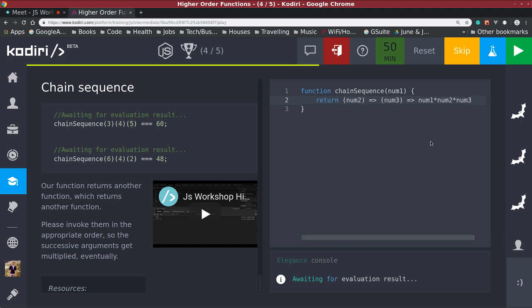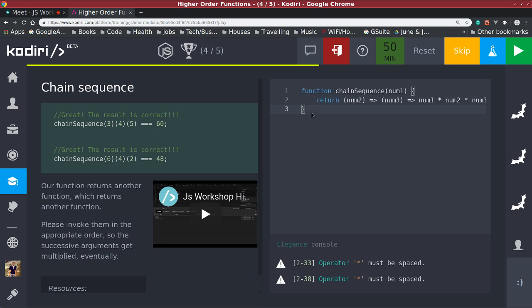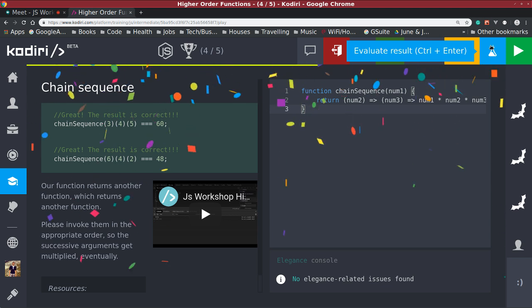Anything wrong with the elegance? Apart from the semicolon. Space in between, yeah, that's what I was looking for, right? So if I did it like that, operator star must be spaced, yeah? I was just checking we could all read it first before I spaced it out, because it's now cut off the edge of the page, yeah? Good, very, very good. And the last one,